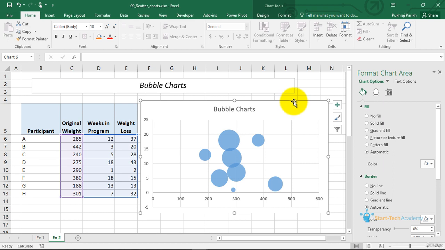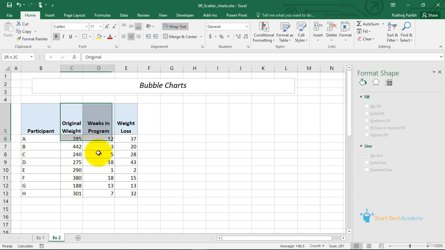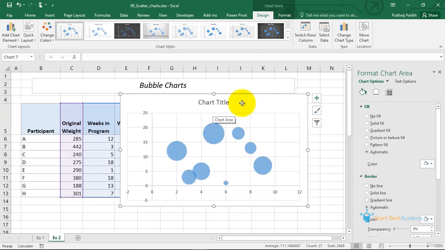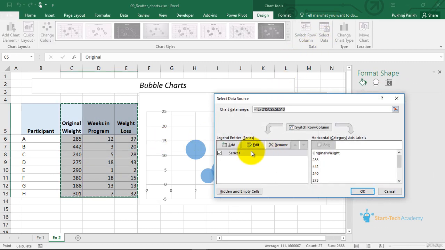So now let us learn how to draw a bubble chart. I'll delete this one. We will select these 3 series and go to the bubble chart. By default in Excel, the first series is taken as the radius of the bubbles and the other 2 series are taken as the x-axis and y-axis. But instead, what I want to do is I want to take the first variable as x-axis, second as y-axis and the third as the radius. So I have to go to select data option and I will change